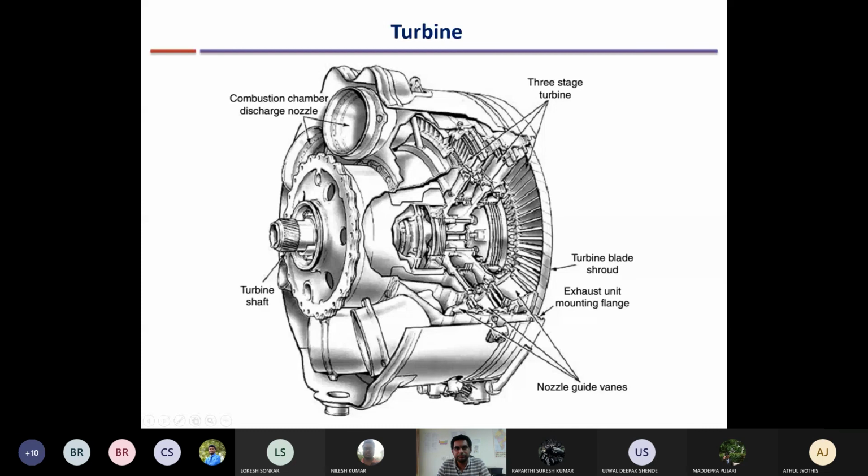After the flow from the combustion chamber, there is a first set of stator blades. Sometimes these are called inlet guide vanes. These stator blades accelerate the flow to a very high kinetic energy. Now the high kinetic energy fluid enters the rotor blades, and the kinetic energy is extracted and converted to work. In addition, the rotor blade also generates its own kinetic energy, and this is also converted to work. So ultimately you get very low fluid velocity out of the rotor, and most of the energy present in the fluid is converted to work. The same thing is repeated again and again.